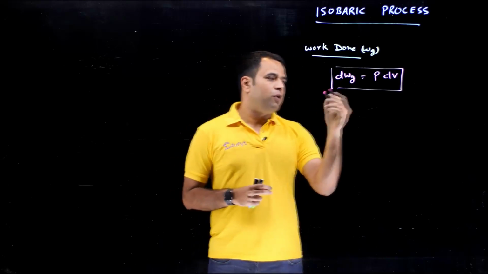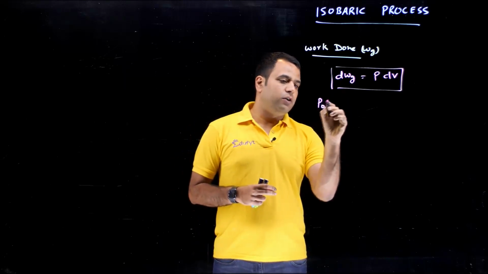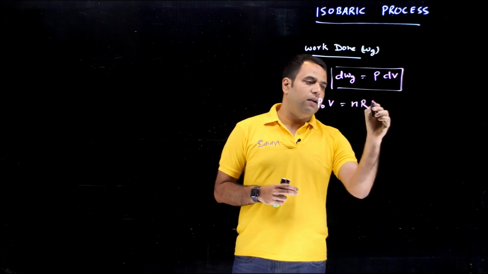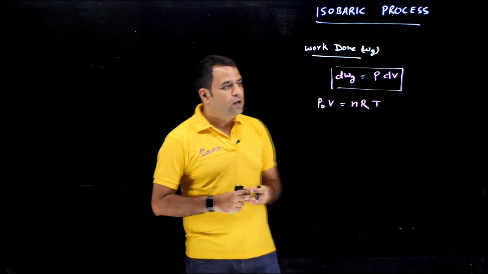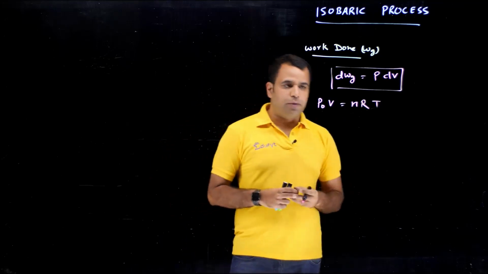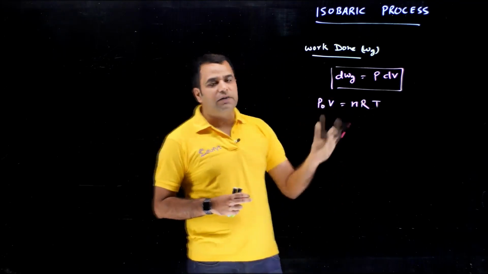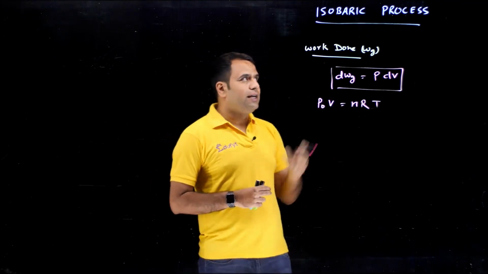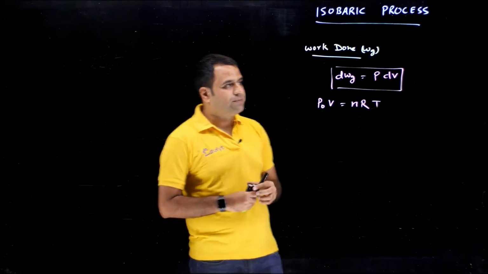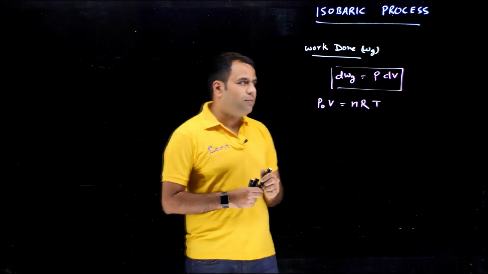The formula for the isobaric process is P naught V is nRT. This is the formula where P naught is a constant, so this formula represents the isobaric process. We get this formula by putting the value of pressure into the ideal gas equation. So if this is the formula, you can see